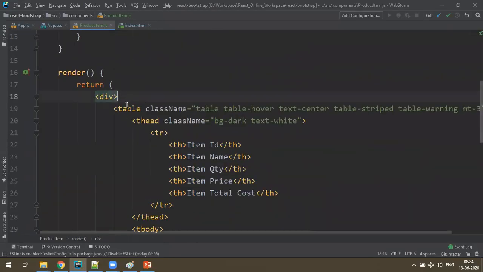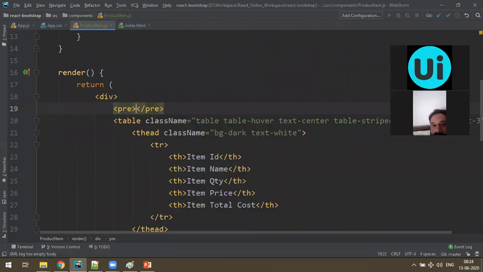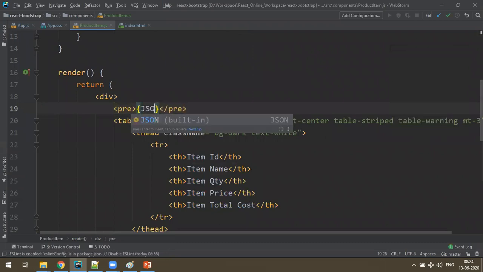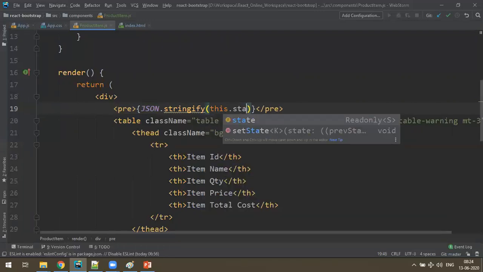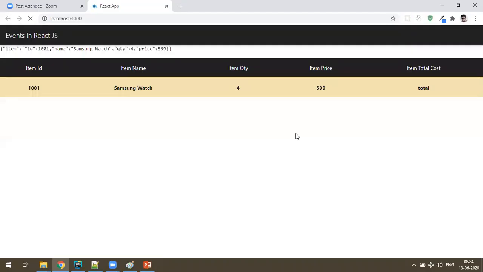Here you can write a pre tag, and here I just want to visualize the data. So you can just say JSON.stringify of this.state. If you write JSON.stringify, the same state you can display in a string format. Okay, see now we understand. Item ID, this is the state we have.